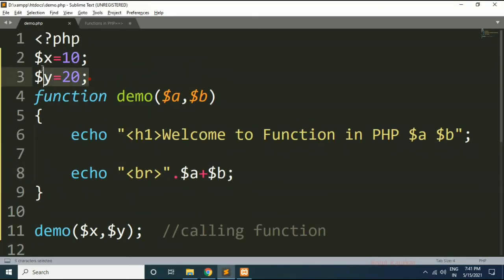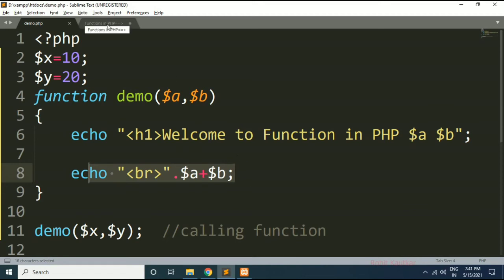So this explicit data we have passed to the function demo in form of these parameters. So at the time of execution, what will happen? X value, that is 10, will be available within A. Y value, that is 20, will be available within B. So these values are copied here into A and B respectively, and here we can access them for printing the addition. This is how we can pass the parameters to the function.